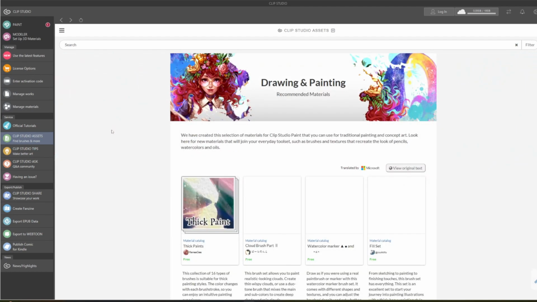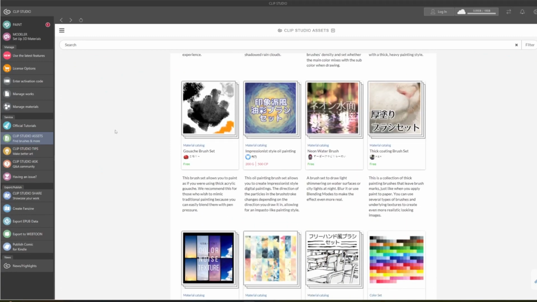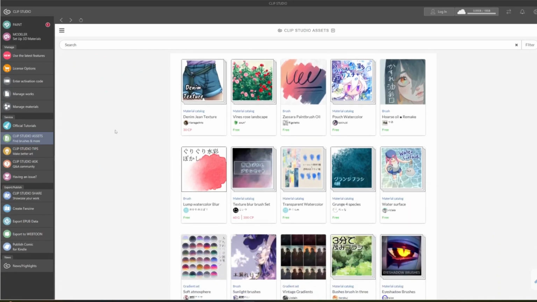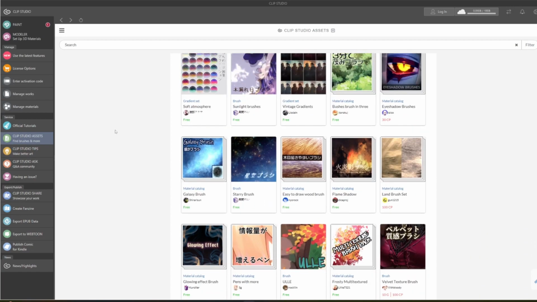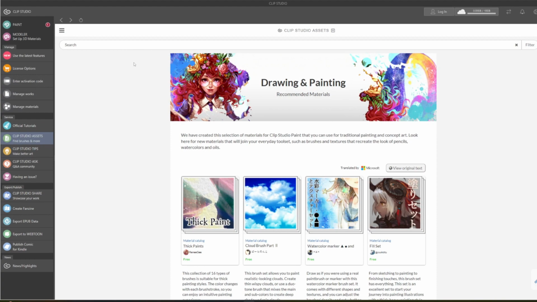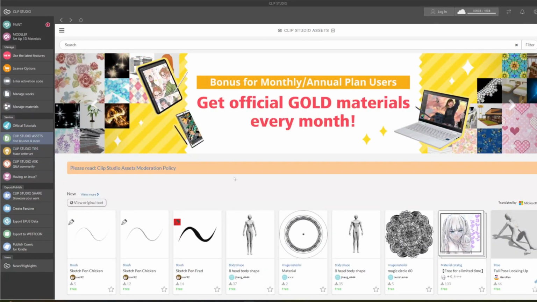And you can see here that there's a lot of textures and brushes available with samples from each of the users who created them as to what those are like. And then you can also go into the search and look up different types of things if you want to look specifically for brushes or textures. But going back into the Paint program itself, if you open up Paint,